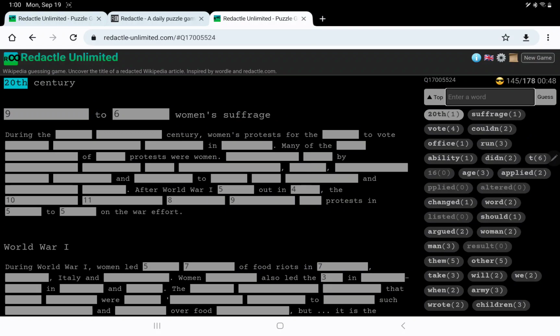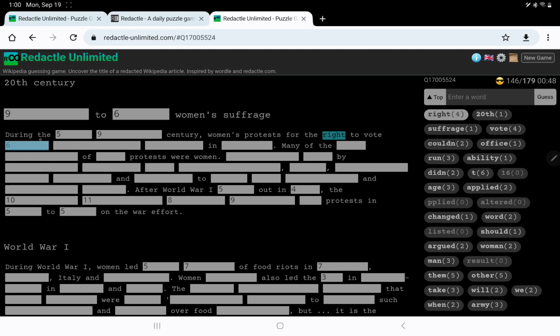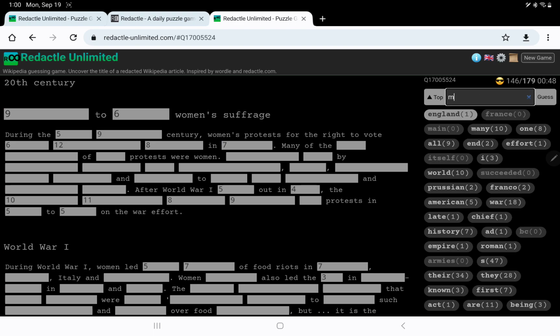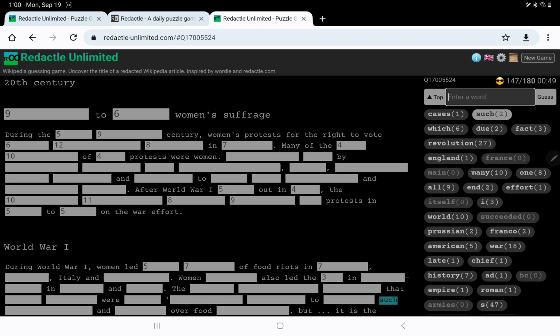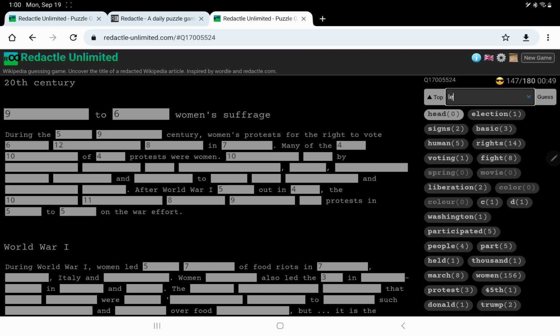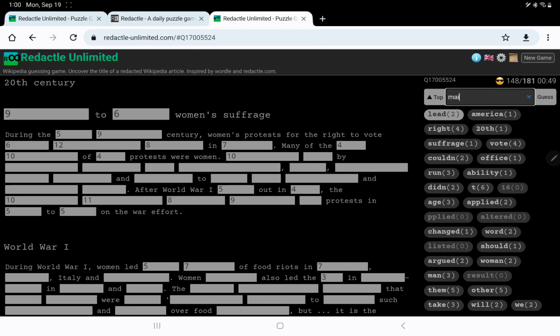Something to something women's suffrage for the right to vote in England, in America, no, in somewhere, any of the 410 of such, no, of something protests were women. Many of the head, the lead, main,